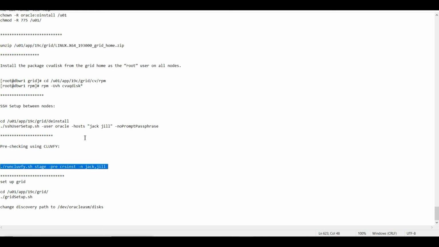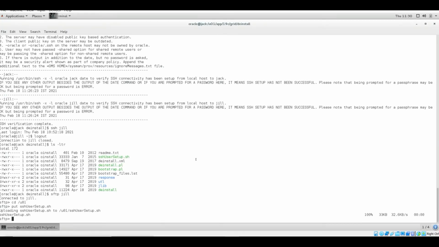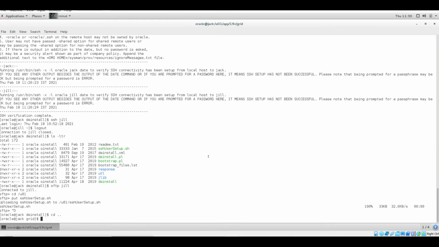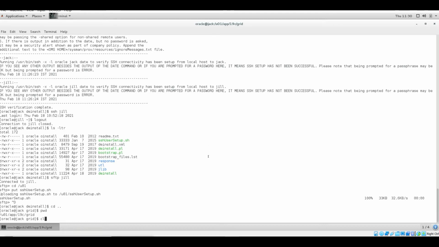Our RAM, our memory: Oracle's recommendation is 8 GB, but we have given 6 GB. So that will fail. The NTP daemon will also fail. So we need to omit this and proceed. Let us run it. So where do we have it? We have it in here, in our grid home.